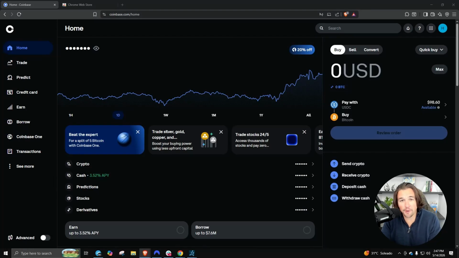Howdy, everyone. It's Hunter with Crypto 101 here today to talk about the Coinbase Wallet, otherwise rebranded as the Base